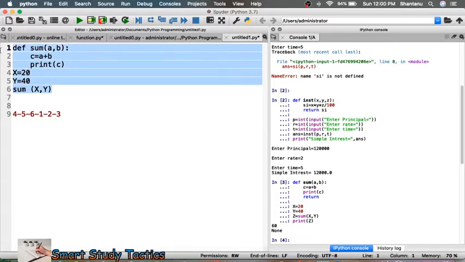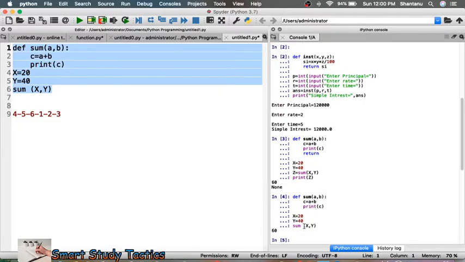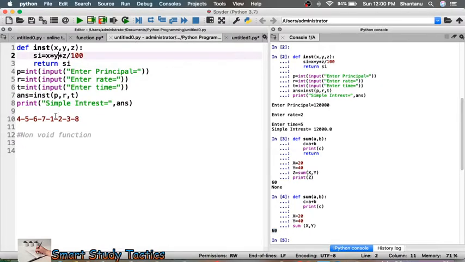So let's see what is the output of this program. It must be 60. Yeah, absolutely, it is 60. So I think it is pretty clear to all of you what the flow of execution is. I made one another program where you can clear this concept also. So now what will be the flow of execution here?